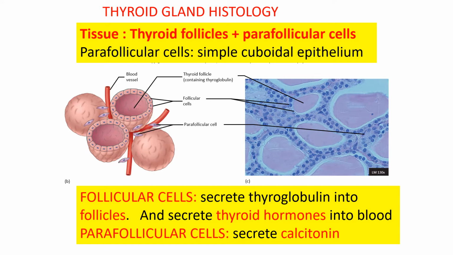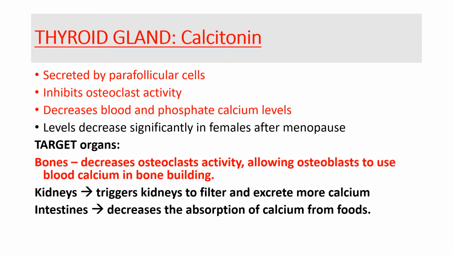The antagonistic hormone to PTH is a hormone called calcitonin. Calcitonin is secreted by the parafollicular cells of the thyroid gland. The overall effect of calcitonin will be opposite to that of PTH. Calcitonin will decrease blood calcium levels. Calcitonin secreted by the parafollicular cells of the thyroid will cause a decrease in blood calcium levels,